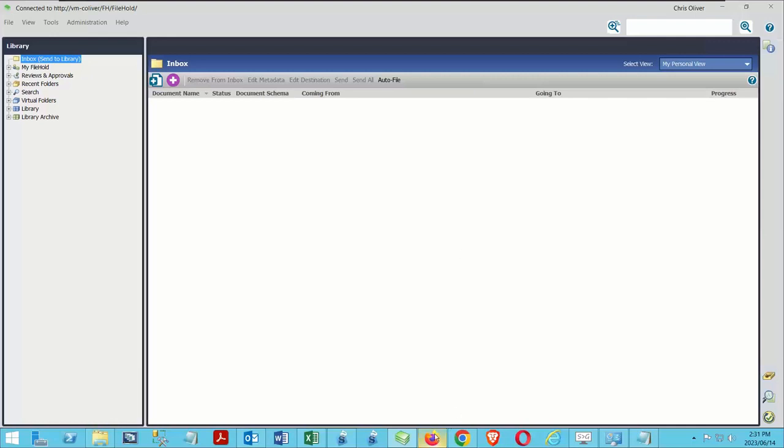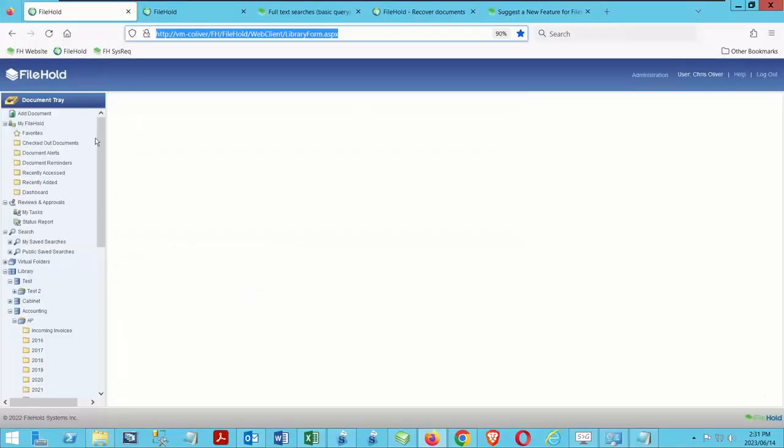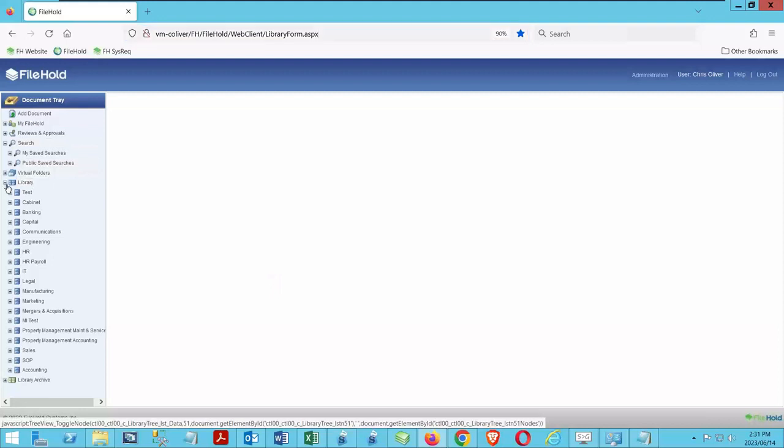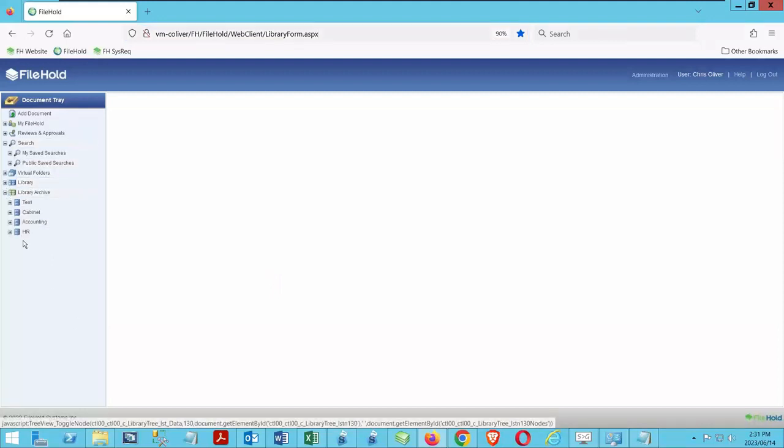So let's hop over to the web client and let's go back into FileHold over here and let's just make sure we're refreshed. Excellent, we are. I'm going to close my windows I don't need. So here we are in the web client. We have our library just like we had before in the other system. So that's great. And again, I can open and close all these different areas, including my archive, including my virtual